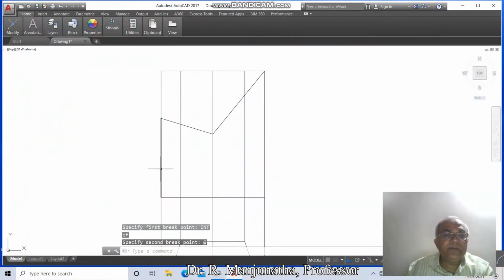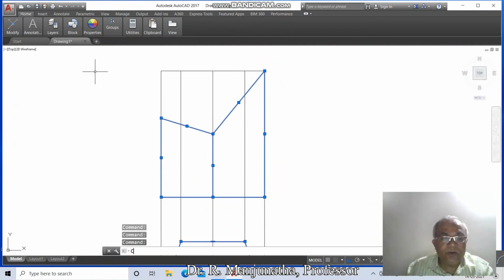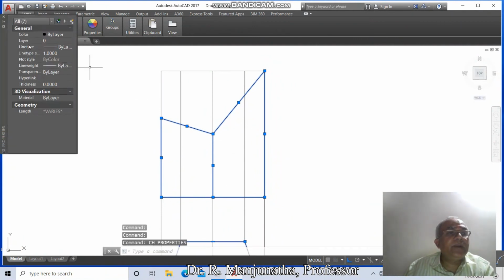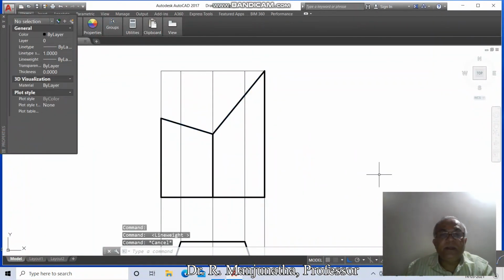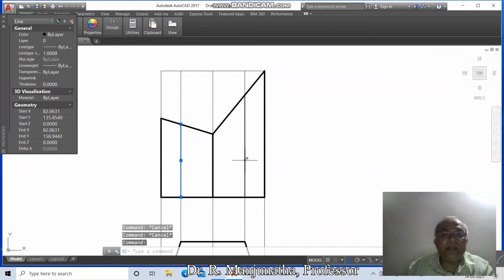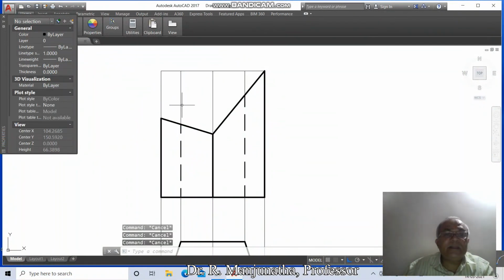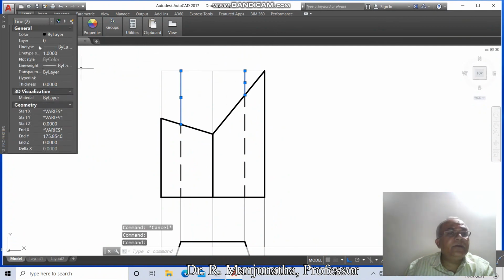Now we go for these lines. Select this line, this line, this line and this line. Go to layer, make this as views and enable this. Then select this line and this line, make this layer invisible and take the line type scale as 20. Then select this line and this line, go to line type, make this hidden, take the line type scale as 10.